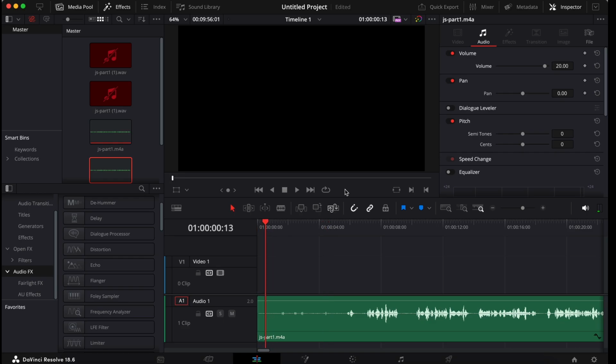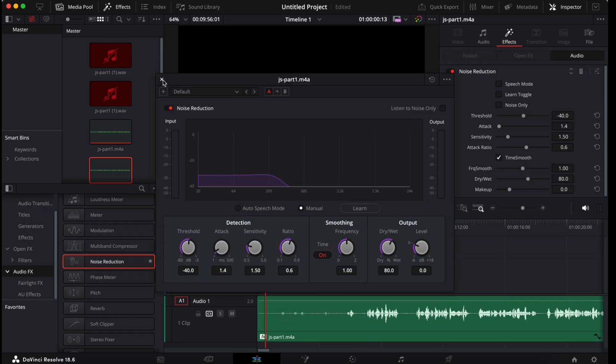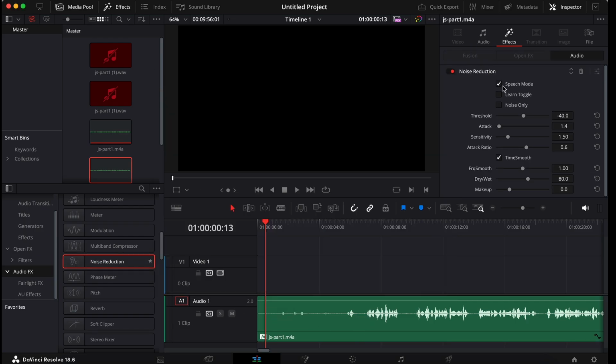So here, for instance, in DaVinci Resolve, if I try to remove it with this filter, noise reduction, if I drop it on the audio clip here, and if I check speech mode, the white noise should be a little bit less than before. It's really hard to hear the white noise in the background, but it's still there, and if the listener tries to use headphones, it's gonna be really loud and really annoying even in the background. So I was trying to find a tool to actually remove the background noise altogether to the minimum level possible,